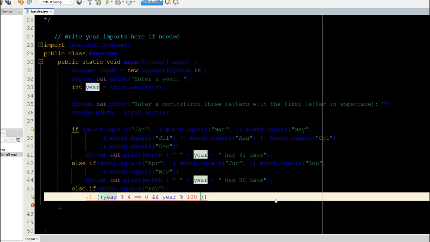And then if it's not equal to 0, let's go outside this bracket and go or another set of parentheses and say year percentage 400 and that equals 0. Alright, so that'll give us now,